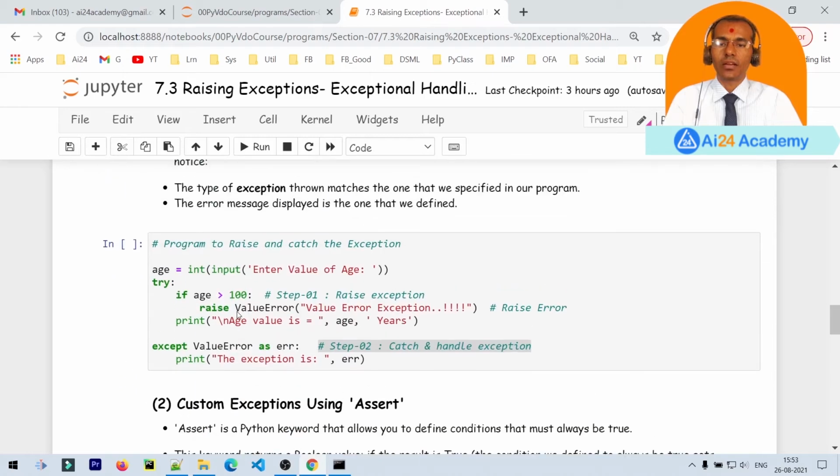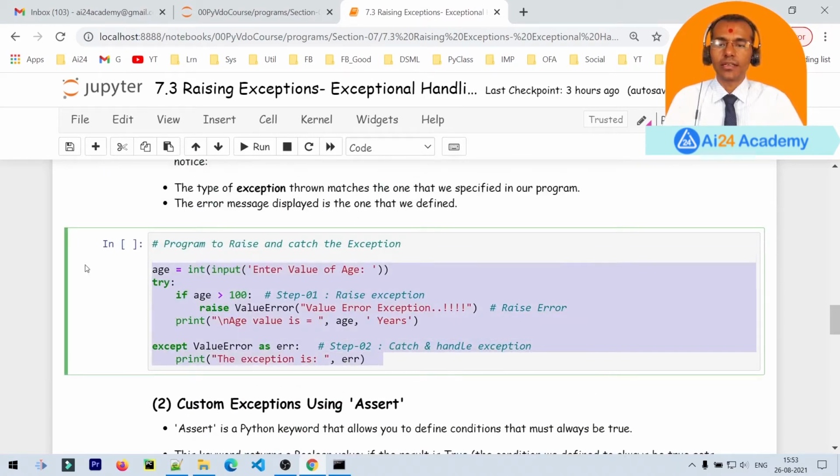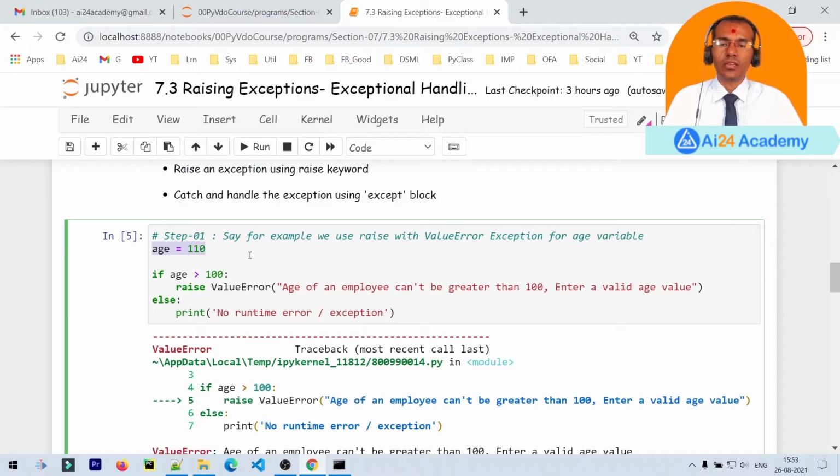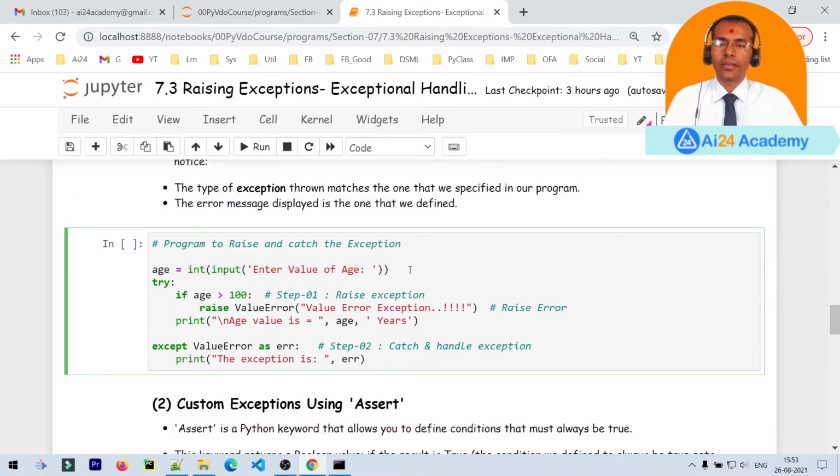Now let us have a complete program for raising and handling the exception. Here we are statically assigning a value, but over here we are entering the value of age from the keyboard, and here we have defined the condition, and then we are raising the exception using raise, and after that if the value of age is correct, then it will print a message that age is this many years.